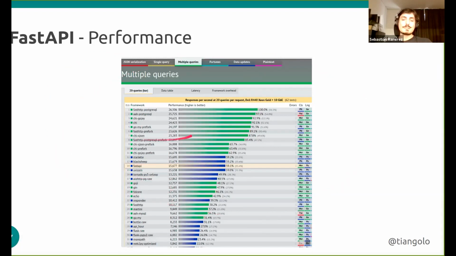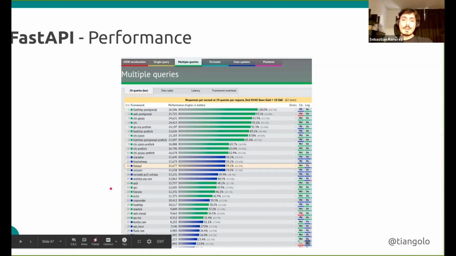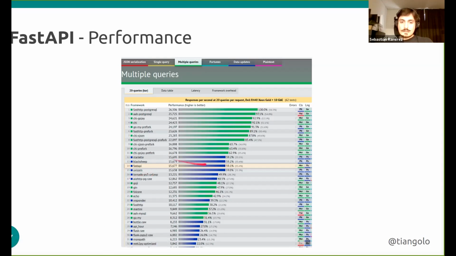The green things are Golang, which is a compiled language. So this is not a fair comparison, but you can see that FastAPI, at least for some situations, can be even faster than some Golang frameworks. Which one of these is the fastest is not necessarily that relevant. They all get kind of the same ballpark.